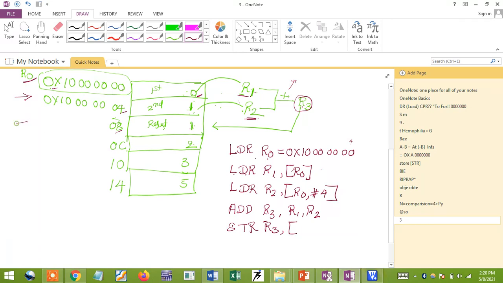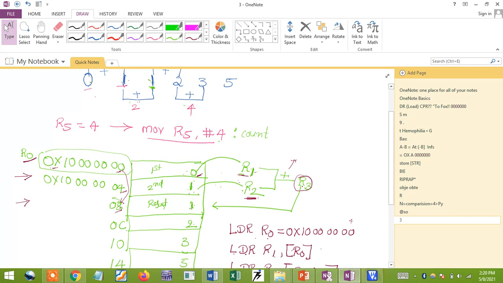How to get this memory address? Again, the same process. R0 already has some address, and you do plus 8. I'll get this address. So here I'm going to use R0 comma hash 8. Okay. So now the R3 content will be stored in this memory location. Clear? So the first addition process is over.